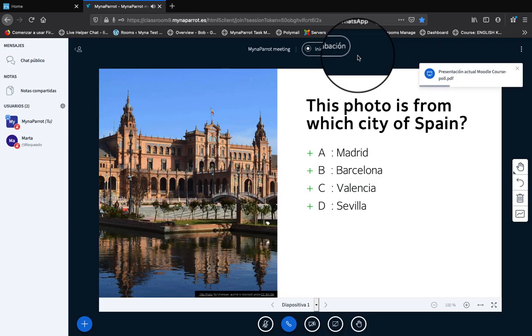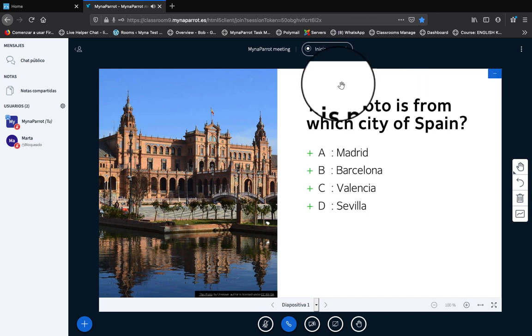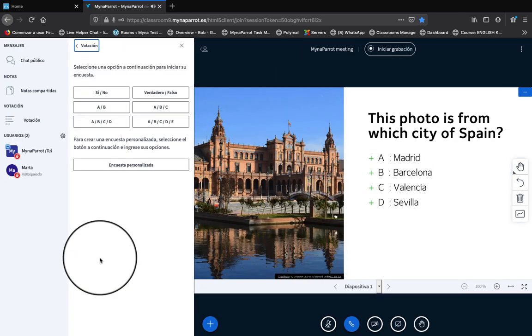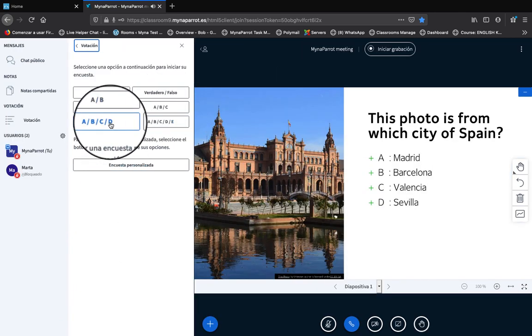This slide has a question. It could be a slide deck of 200 slides. Very efficient to share a presentation because it only downloads once to the user's computer. Here the slides have A, B, C, and D.